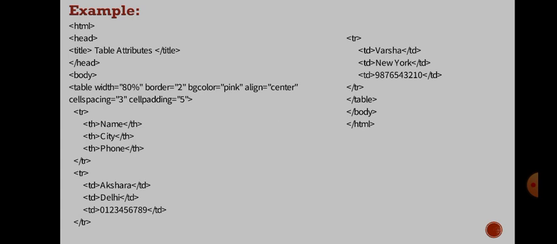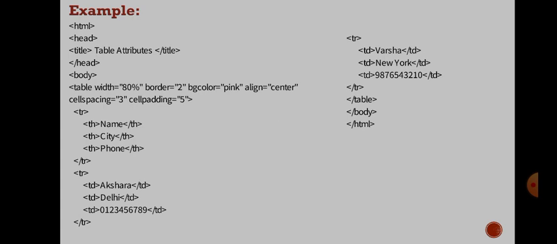Now I am first creating the first row using the tr tag and I am specifying 3 headings using the th tag, name, city and phone. This is the first row and I am closing the tr tag and I am opening next row using the tr tag. Here I am giving the table data using the td tags.